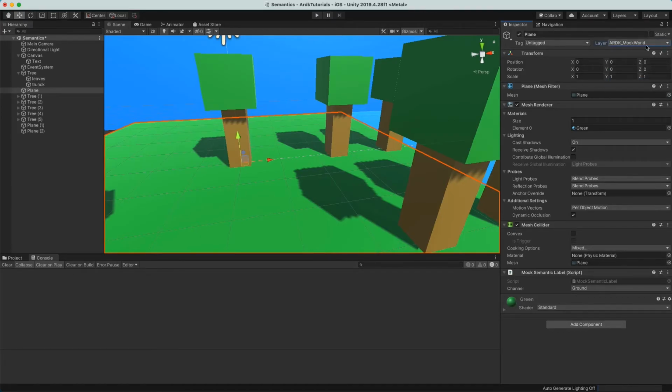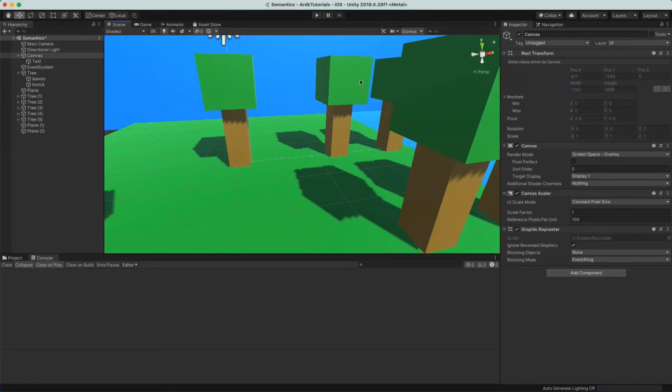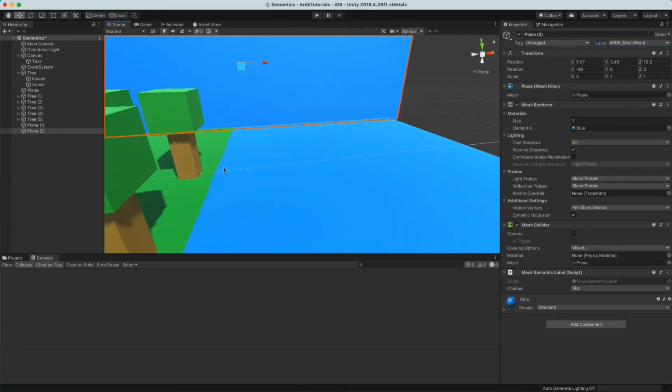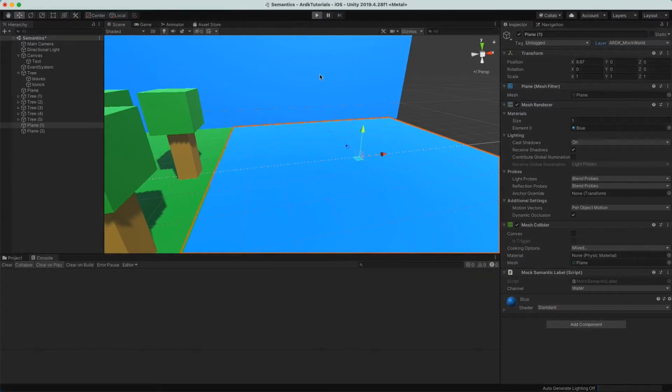So always make sure that you set whatever geometry that you add in here into your mock world to be part of the mocking system, or otherwise when you click on it, it's not going to work. So let's set all of those. There we go. And if I rerun the little mini game,